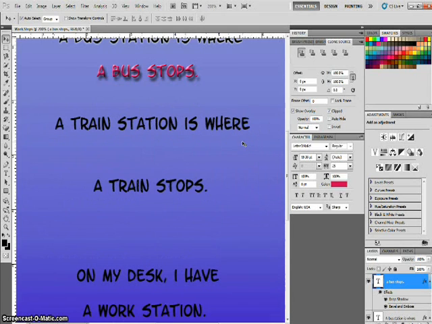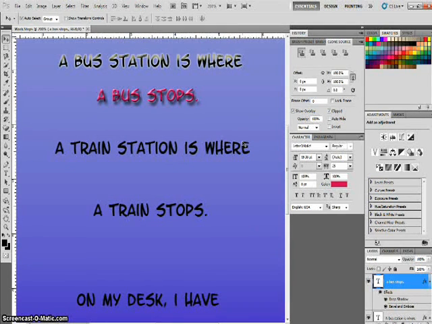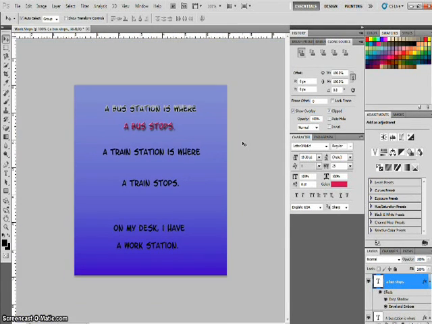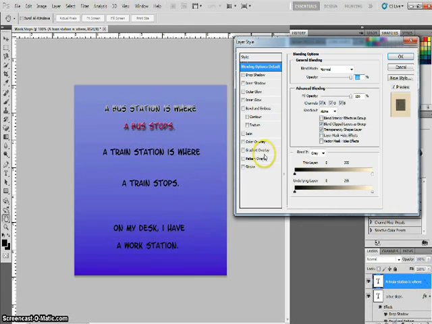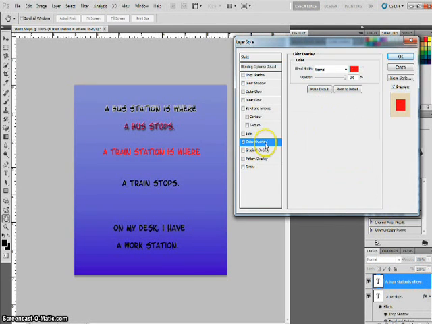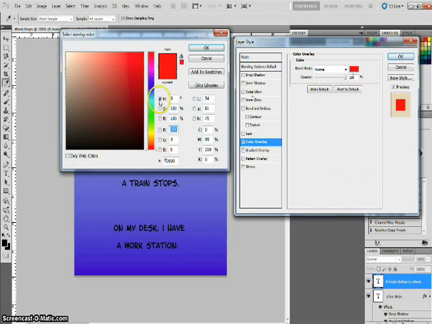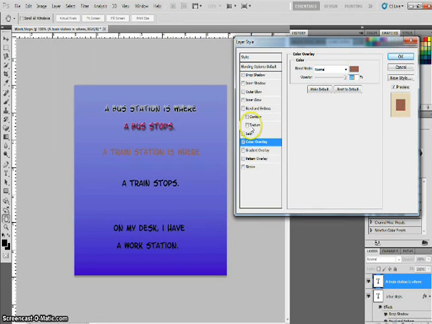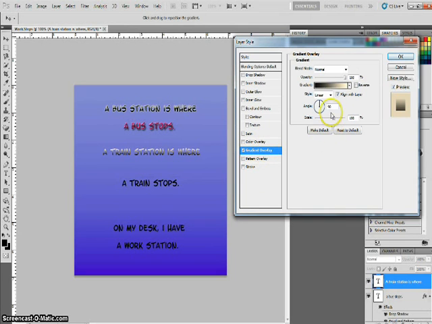See, and that looks a little bit better too. But anyway, you see how you can do this. You can create any kind of effects on the text that you want. You can actually give it another color overlay. You can do it this way if you choose, or if you want to just give it a regular gradient,